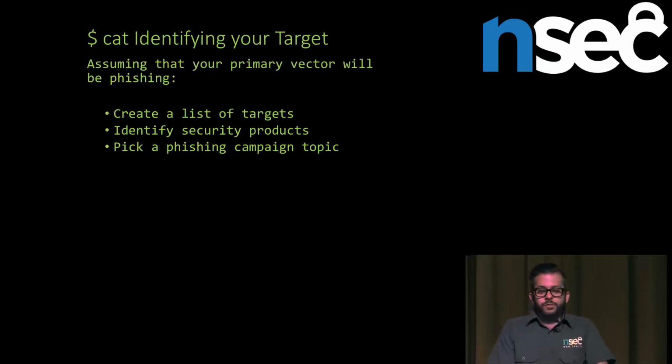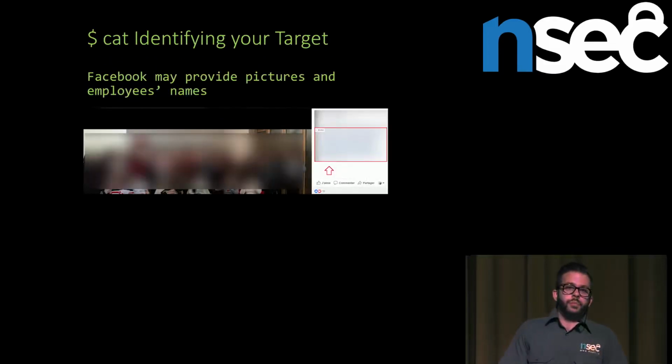So let's move on to identify your target. First of all, you need a list of targets, right? So are you going to phish employees, a specific type of employees? Let's say you're looking for an insurance company. Are you going to target the insurance claim guys that have limited access, or are you going to try to go to the manager or people with a little bit more privilege? It may be interesting because they may have specific programs internally that can be used for a better phishing campaign, identifying their security product. Even if you don't have a foothold, there's sometimes some insight that you can get to actually identify this kind of information and pick the right phishing campaign for your target. We'll discuss this a bit later.